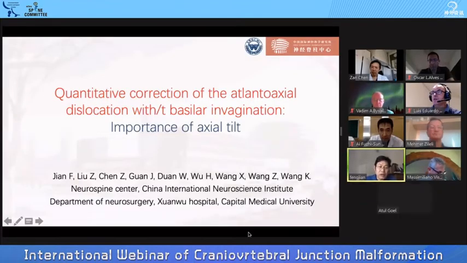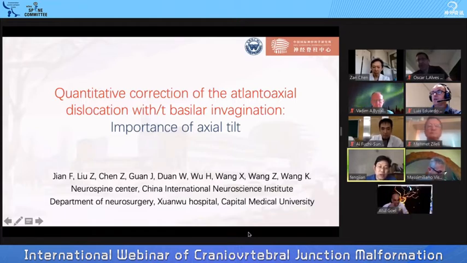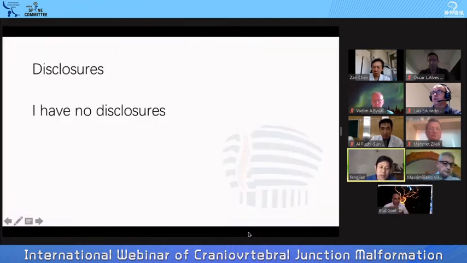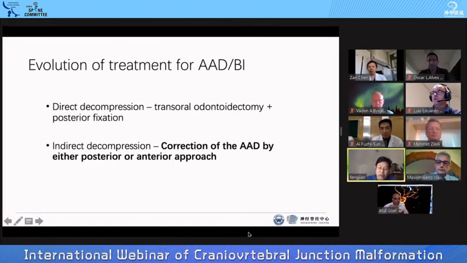I'll talk about the small technique, quantitative correction of the atlantoaxial dislocation with basilar invagination, especially focused on the importance of axial tilt, not the craniovertebral junction angle. I have no disclosures. As you all know, nowadays in the treatment of basilar invagination and atlantoaxial dislocation,